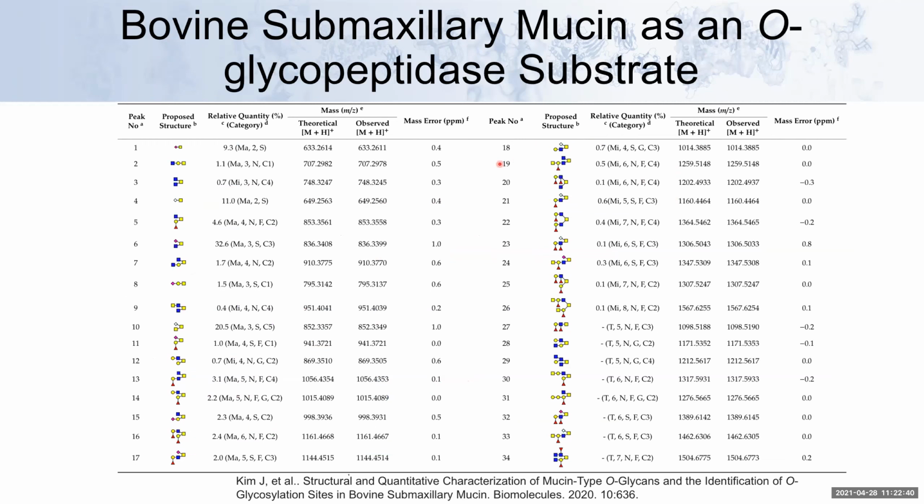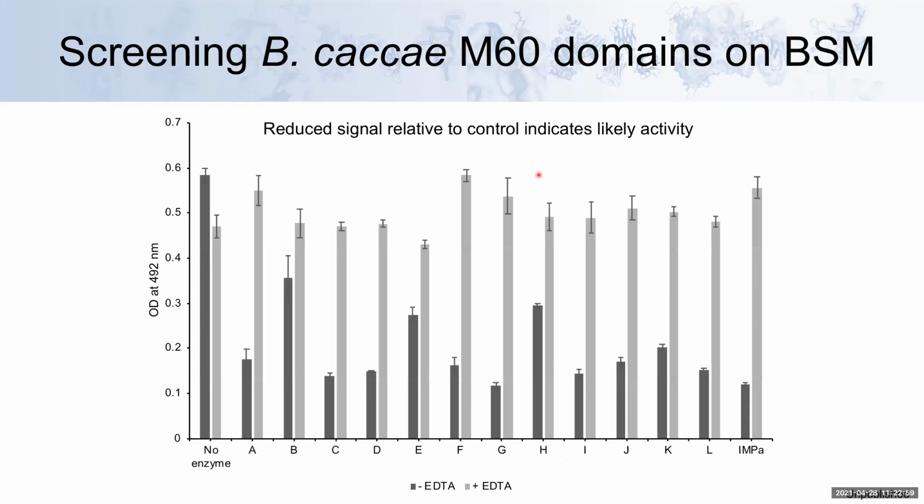And just briefly, we chose this because there is a wide diversity of O-glycans on this particular type of mucin. Most of the core structures are represented, but it's not crazily glycosylated. There are no huge polylactosamine chains or anything like that, so it makes it easy to deal with. And we adapted a mucinase assay in my lab where we could quite quickly screen in a plate-based assay the